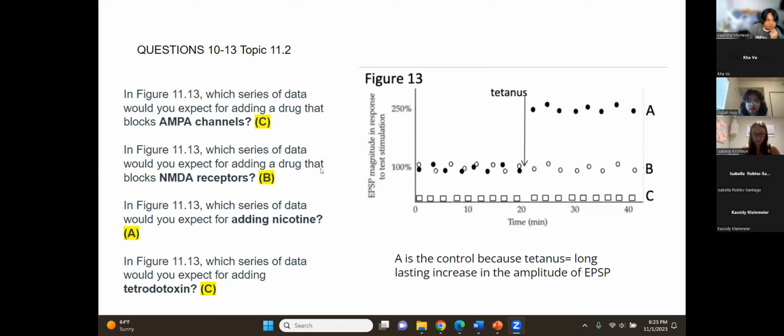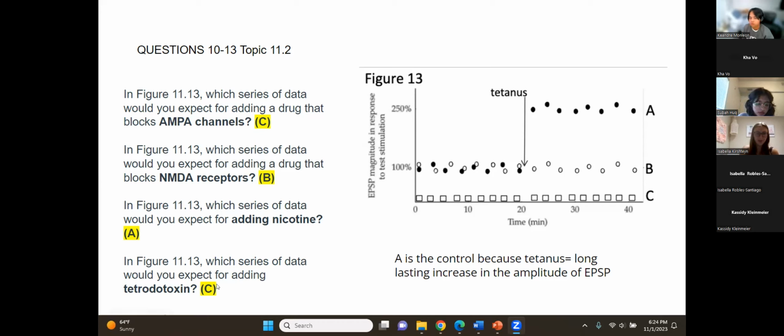And then, when you add nicotine, you would get A, because nicotine is an agonist, which activates a receptor, and agonists usually excite sodium potassium channels. So if you add an agonist, you can stimulate more EPSP, and therefore you would get A, because if you stimulate more EPSP, then you get